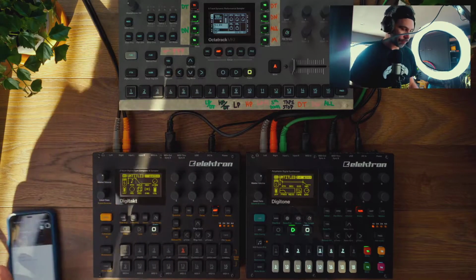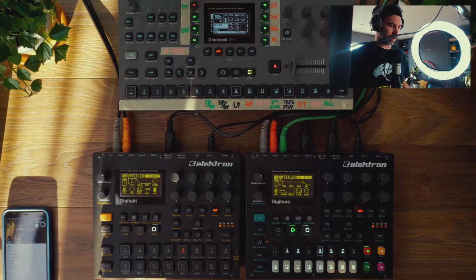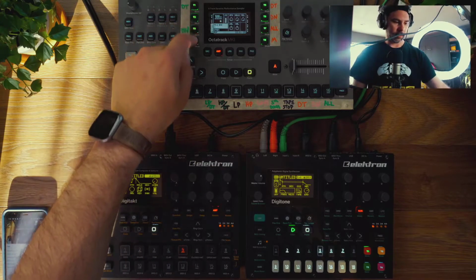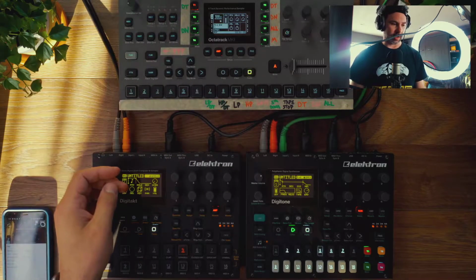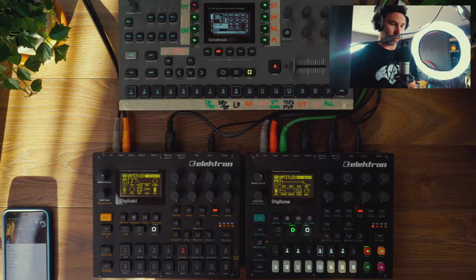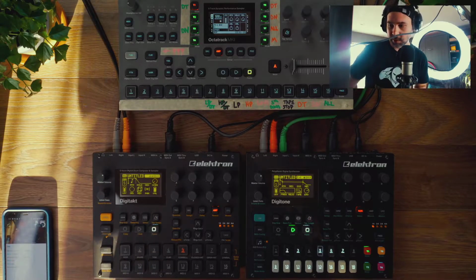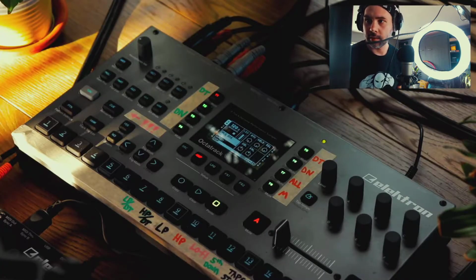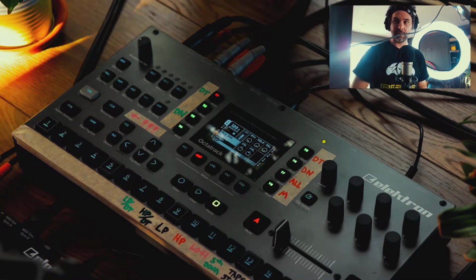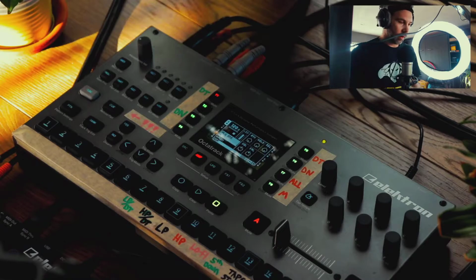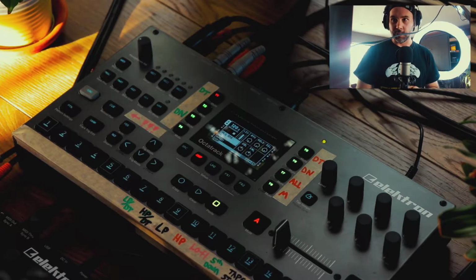Not really sure. Okay. So to get started, right now we have 8 static tracks, which stream audio off the CF card in the Octatrack. And that's not exactly what we want. I'm going to switch the camera over to the Octatrack cam here. So what we're going to start with,